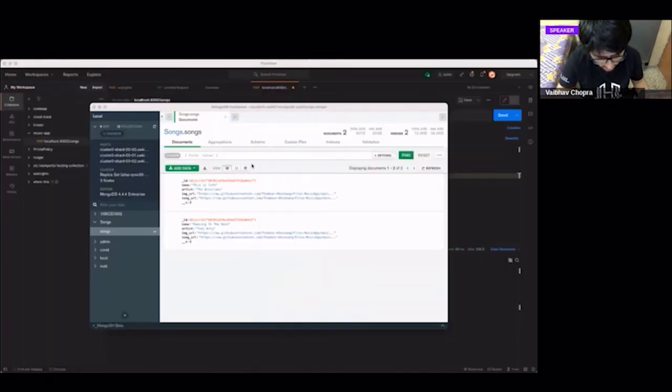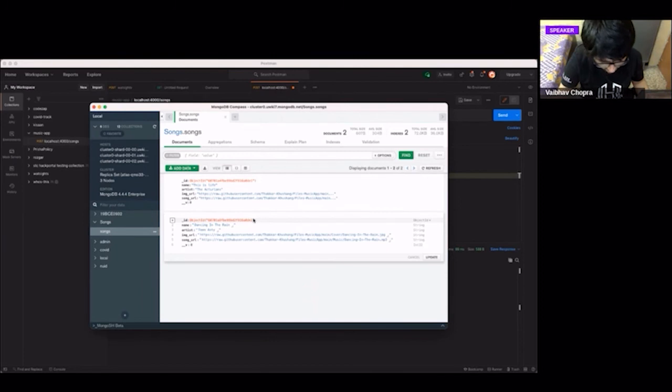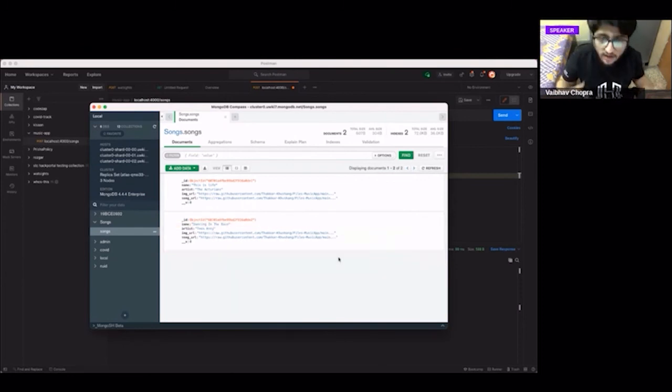So this is what I meant by having the comfort of a graphical user interface. If I want, I can actually go and delete this from MongoDB using this delete icon. If you can see, I can edit this. Let's say I want to name it Dancing in the Rain, and just for fun, I want to change it to Dancing in the Sun. I can do that and click update. Although I don't want to do that, so I'll cancel, but you have that liberty.